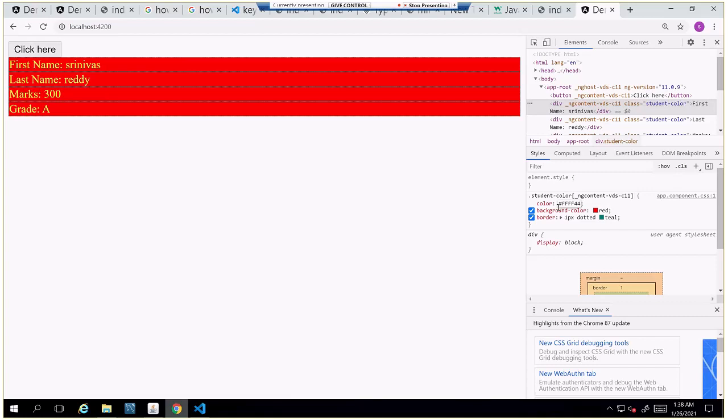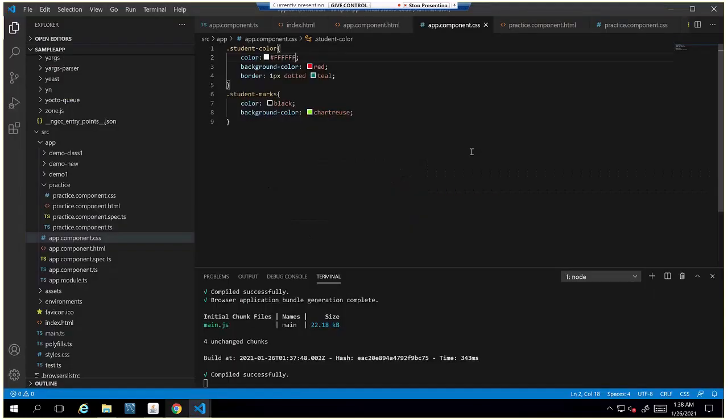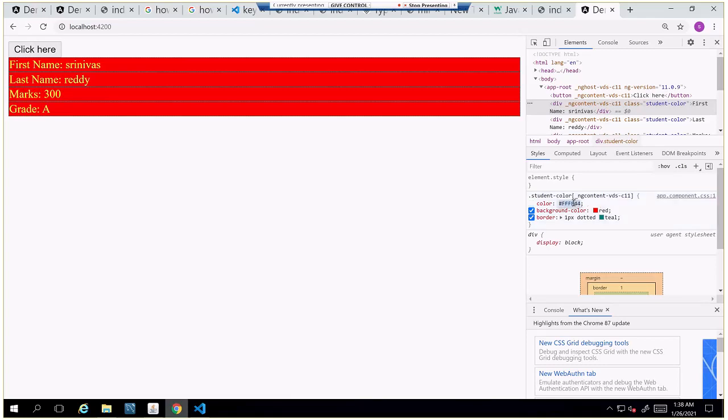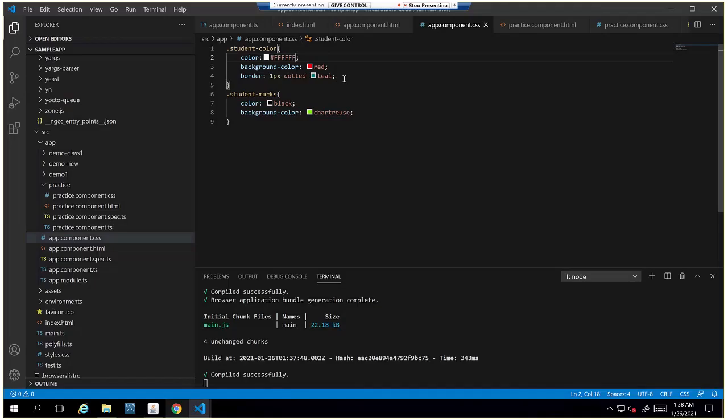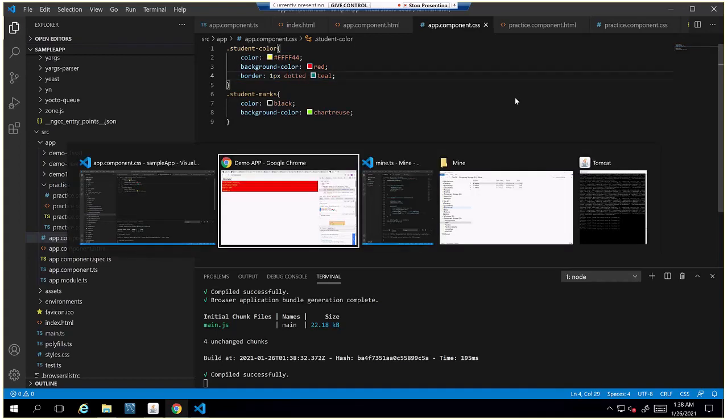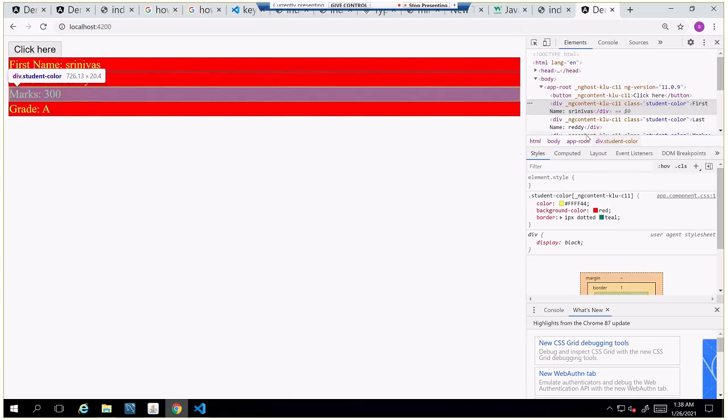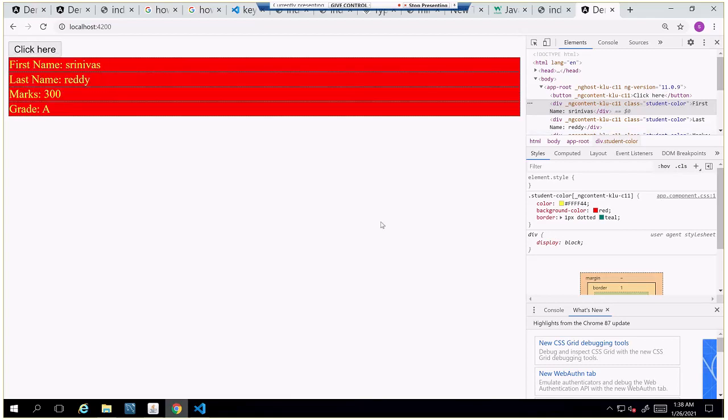Every time, instead of changing and refreshing the page, we can change the color here, copy the styles from here, and paste them, so that it reflects the colors we have created. It's just like a preview. For a permanent change, you need to copy whatever you updated into the original code.